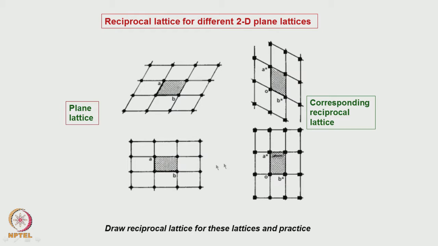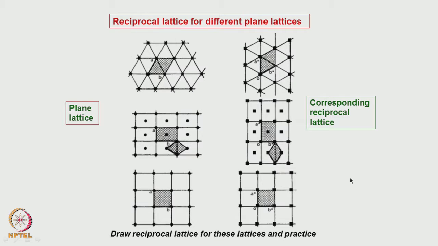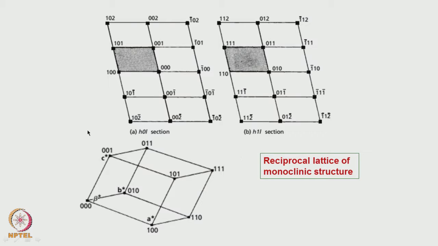Yeah, right. So similarly, if you take a rectangular lattice, how will it be? Here the elongation is in this direction, so it will turn out to be in the perpendicular direction. This is how various reciprocal lattices will appear. So if we take the third dimension of the lattice also, then we can construct a reciprocal lattice unit cell. That is what has been constructed for a monoclinic system.